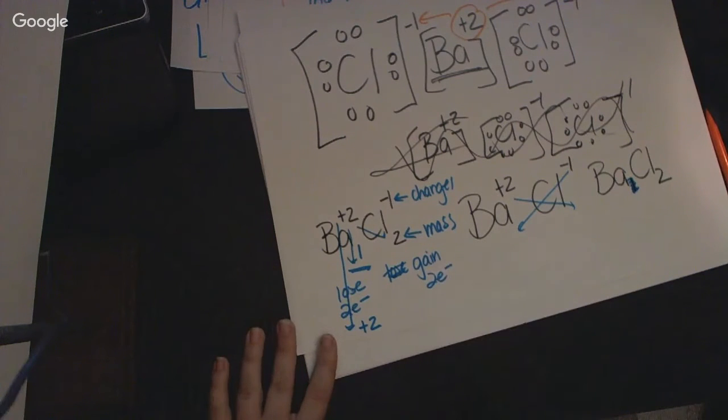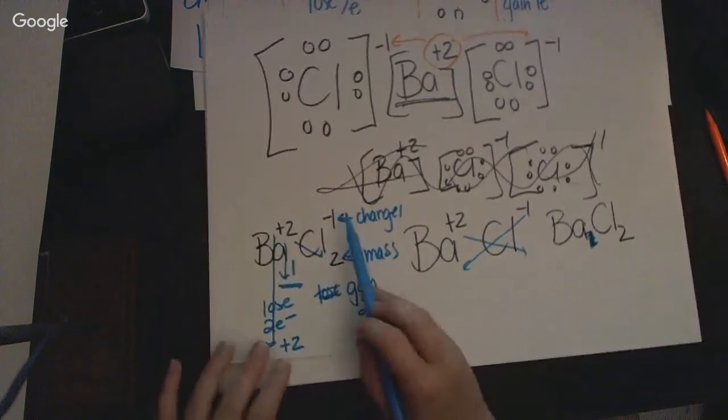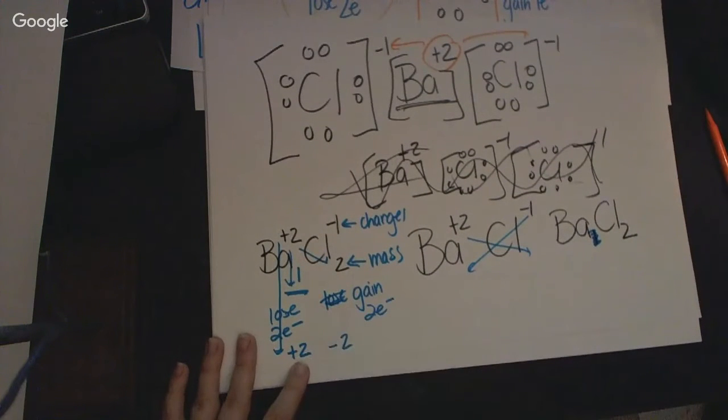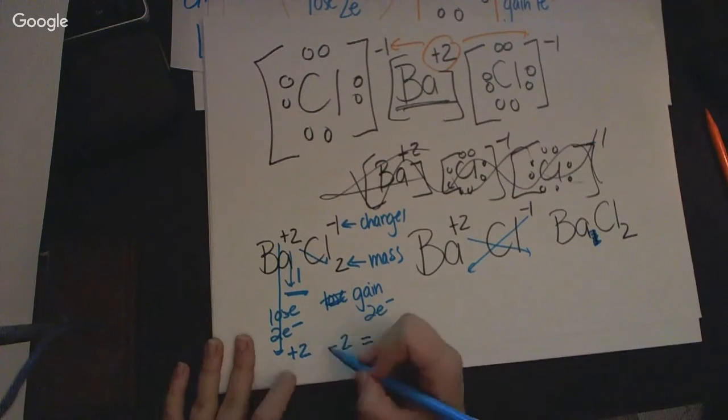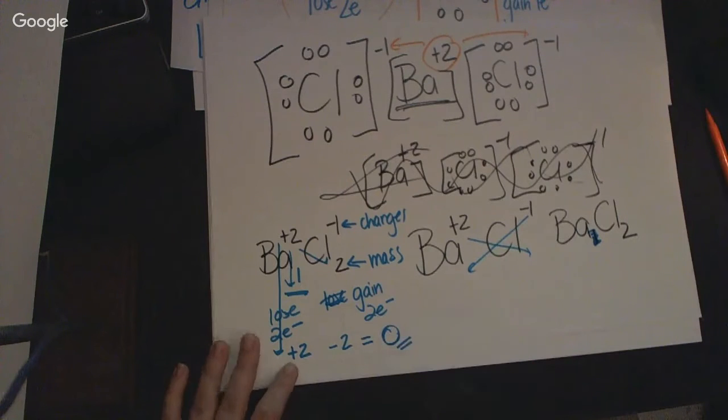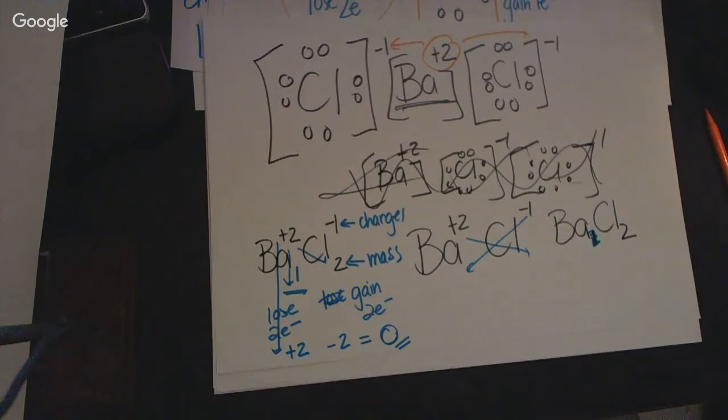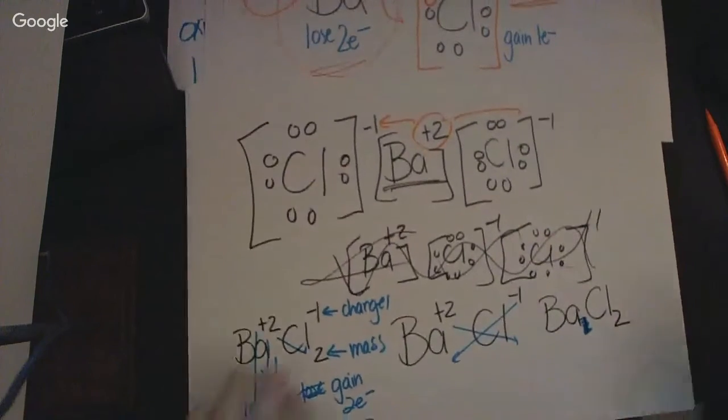Overall, you're gaining 2 electrons, and -1 distributed over the 2 would give you -2. So if you combine +2 and -2, this overall gives you a charge of 0, which means you are balancing the charges by crisscrossing the mass, and you're getting the number of electrons to be equal to each other,